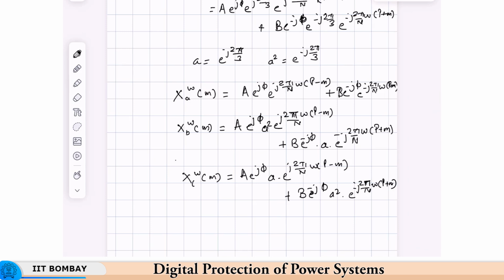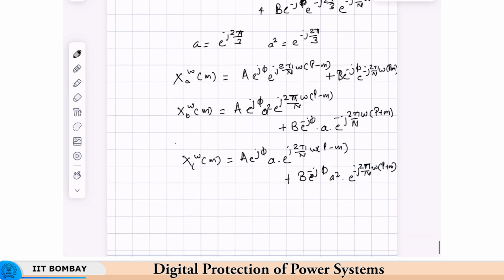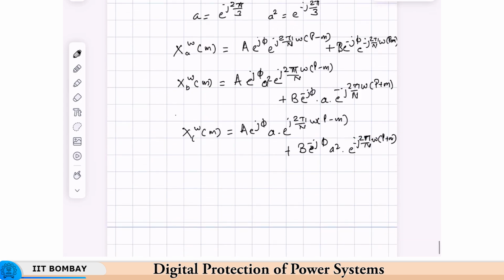Okay, so now we have defined the DFT of three phase quantities. Now assume that because of some frequency unbalance, the frequency change, the system becomes unbalanced. If it is balanced, then your positive sequence phasor will be given by the XA itself, the A phasor itself, if we are talking of A as the reference phasor. If not, then